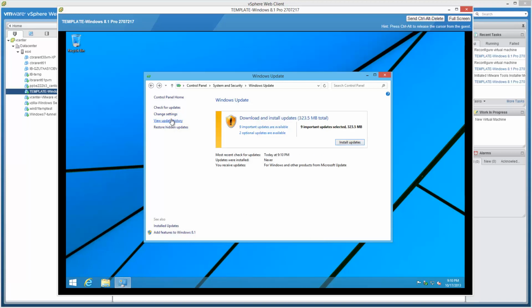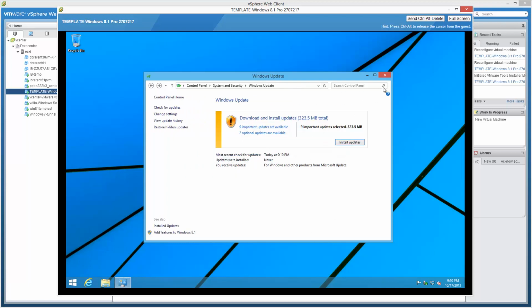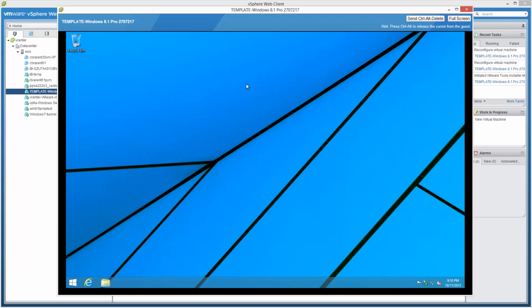Okay, so we're getting a bunch of warnings, right? But let's go to change settings, never check. So we should be good to just close this and ignore for this master template. Keeping it light and trim and simple. And now we can actually go ahead and